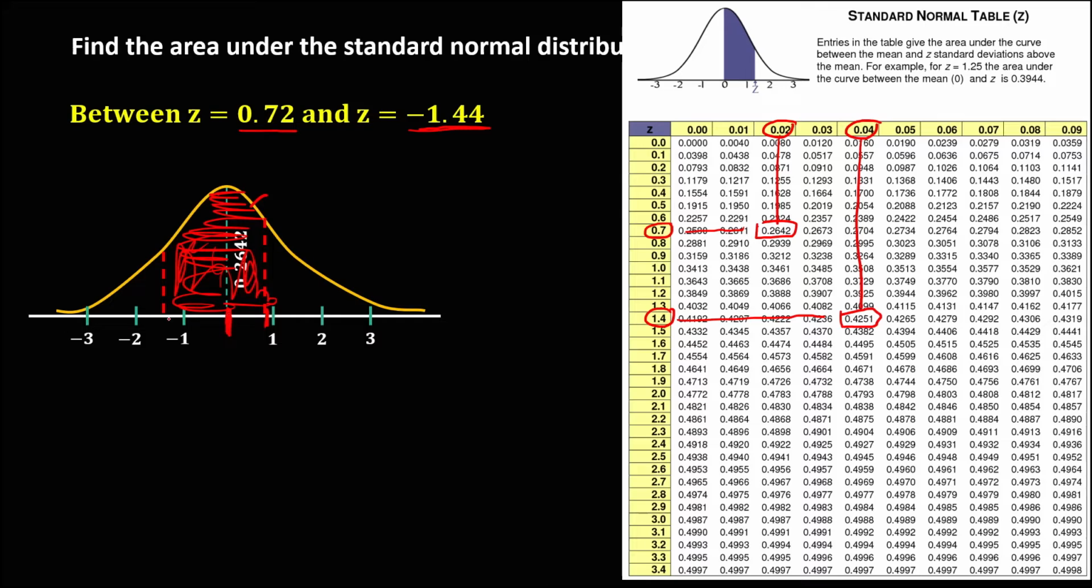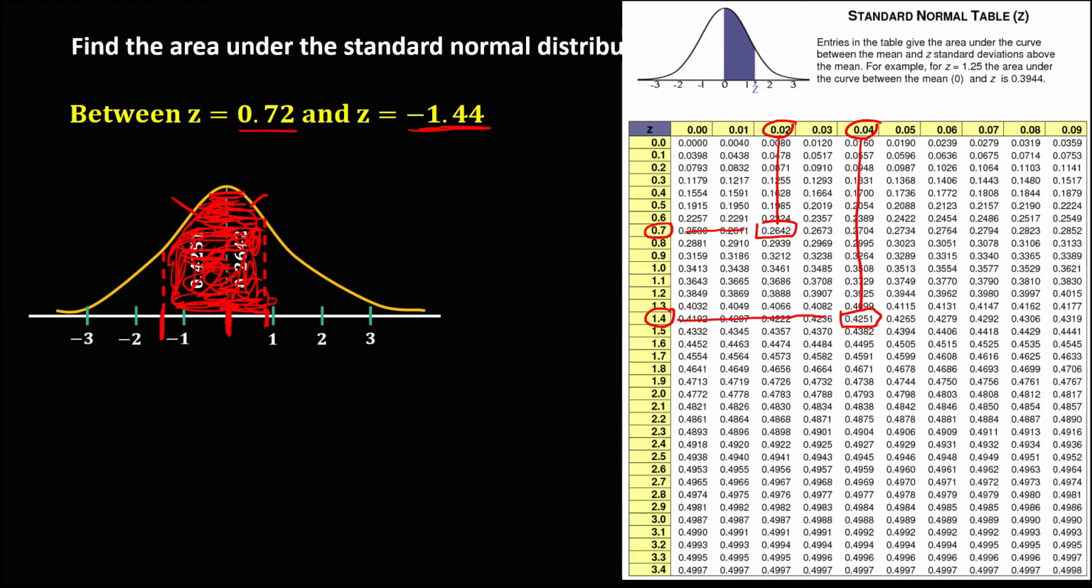Again, this is the mean and this is negative 1.44. So therefore, this area is 0.4225. Now observe that the unknown area is within the mean. So since the mean is part of the area, therefore we need to add. But if the area is away from the mean, we need to subtract. So since from this given the mean is part of the area, therefore we need to add